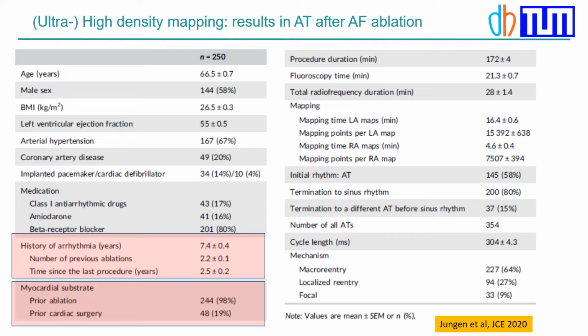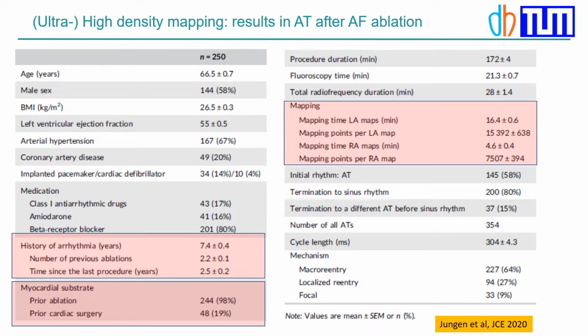So what are the results of this high-density mapping guided ablation? This is a group of 250 patients. They had previously undergone atrial fibrillation ablation and now had atrial tachycardia. You can see that these patients have all been ablated before. The number of previous ablations was 2.2, and the group then performed a high-density mapping of the left and